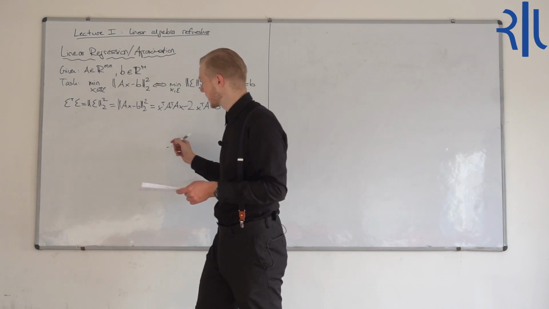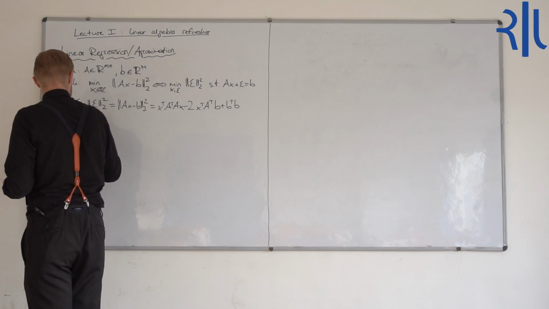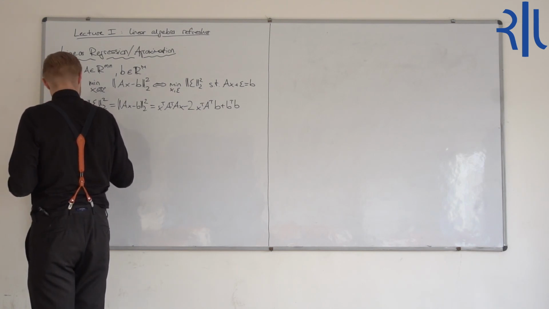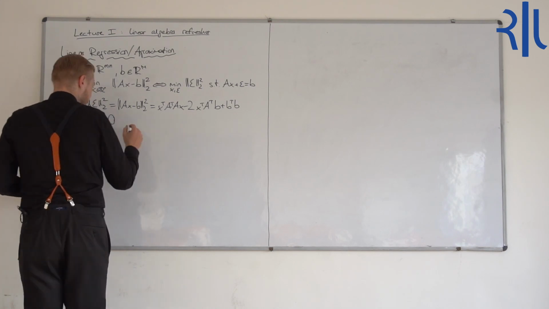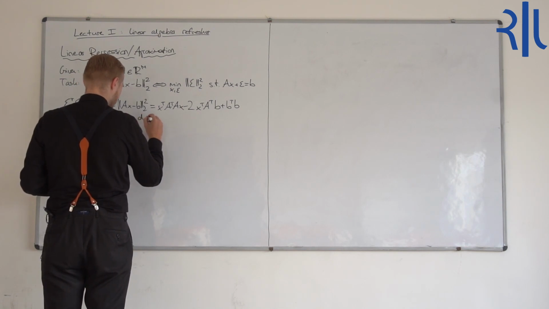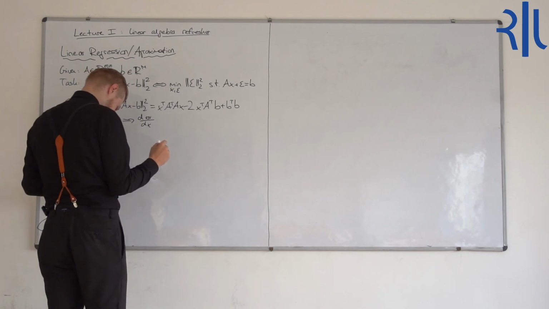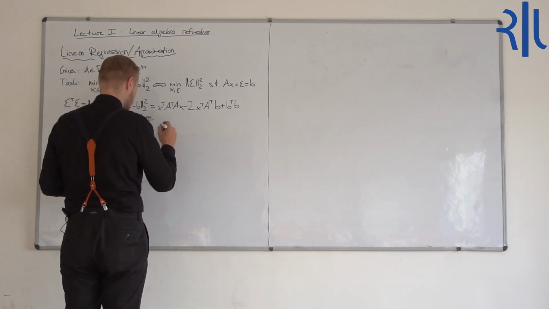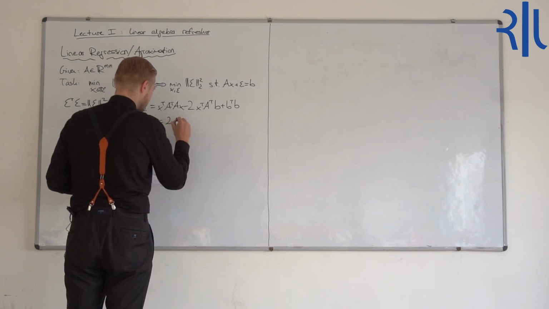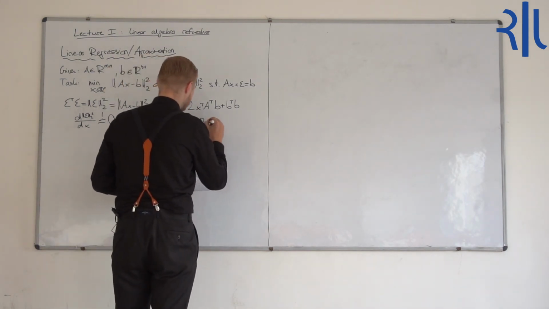And we can now differentiate that and set it to 0, and that gives us the differential of our error with respect to x is equal to 2 times A transpose A x minus 2 times